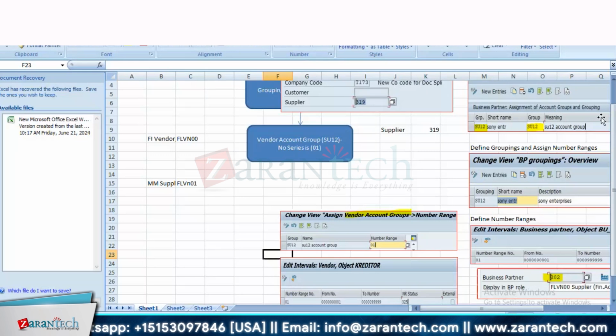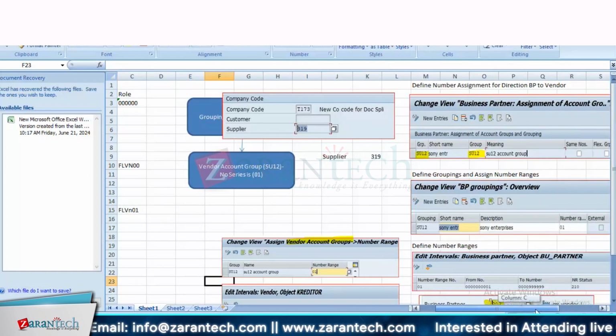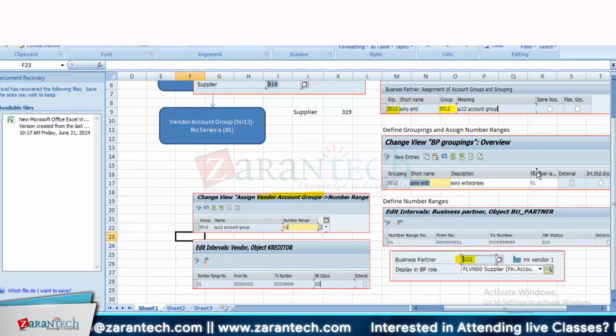We created this supplier and we maintained the grouping for business partner, and to this grouping we assigned number series 01, and number range 01 has this range, from this till this. So when we created the business partner, the system picked and automatically assigned the number 202. And when we extend a business partner to vendor role,